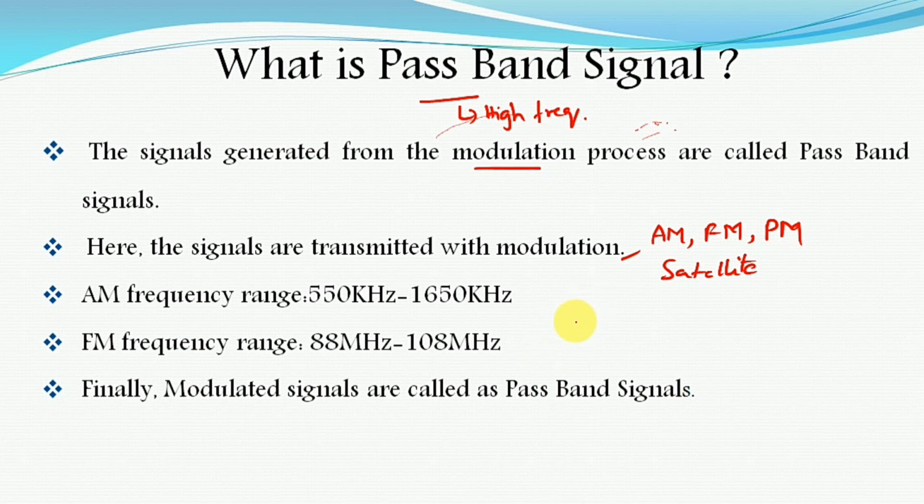So in brief, if you observe, the baseband signals are the signals that are originally generated from the information source, or we can say that the unmodulated signal or a demodulated signal, we can call it as a baseband signal. Whereas the passband signal is the signals that are generated from the modulation process. In other words, we can say that all modulated signals are called as passband signals. So these are the three important definitions to be kept in mind